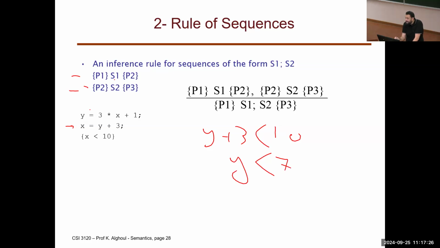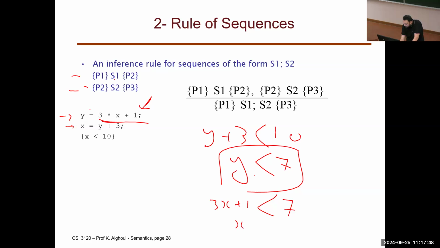Correct? Can I say this is the precondition? Not yet. I didn't do it here. So now this will be the new postcondition of this statement. So I'm going to solve this statement with this postcondition. So now how can I solve this statement? I'm going to say 3x plus 1 less than 7, and then x will be what? Less than 6 over